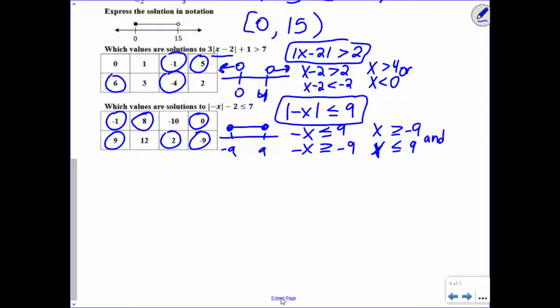You could do that. It's debatable whether that's more or less work depending on how many answers you have as your options. Okay, so anytime